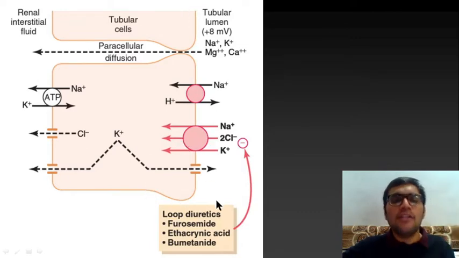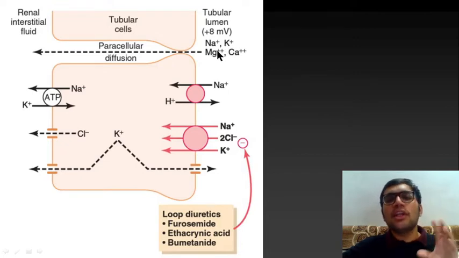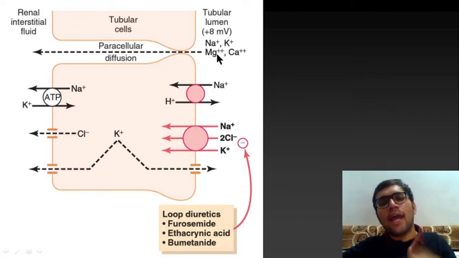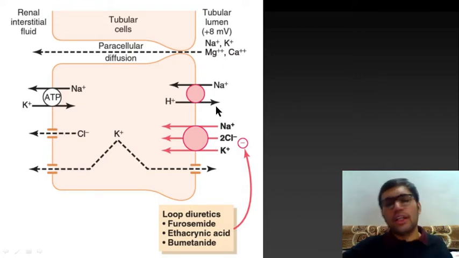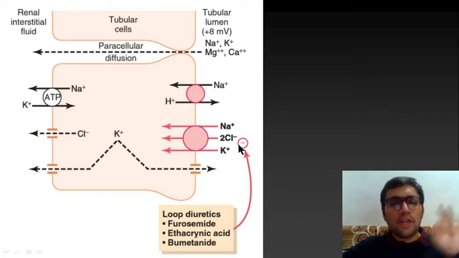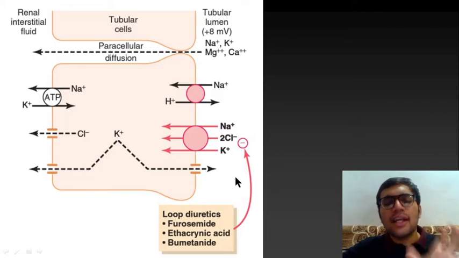Now we will see that loop diuretics are a class of drug in pharmacology, and they will inhibit this particular symport. Then all these functions will get disturbed, and when you study pharmacology you will see in loop diuretics that you can have some side effects like hypomagnesemia, hypercalcemia and so on. But right now you can understand what the site of action of loop diuretics is. They are a class of drug. Right now let's focus on the text required at this stage.